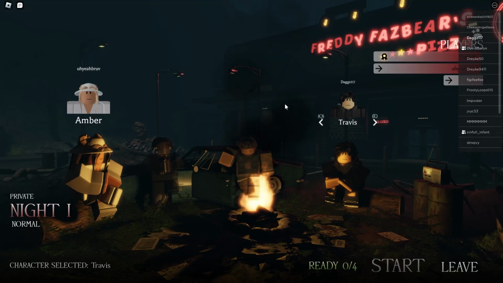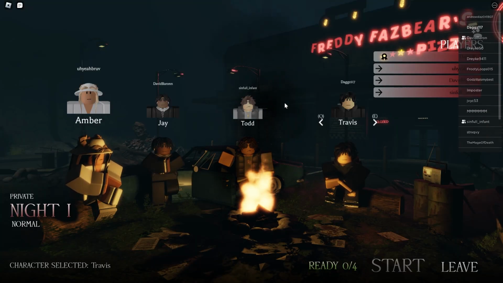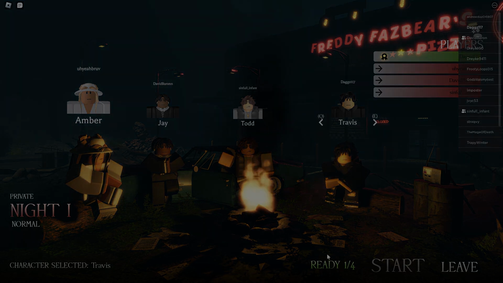Now though, we gather up to 4 people, and we start our night shift at the Forgotten Freddy's location. But first...